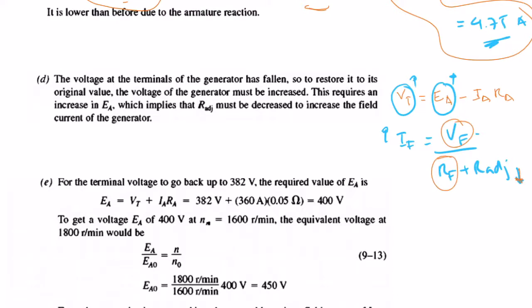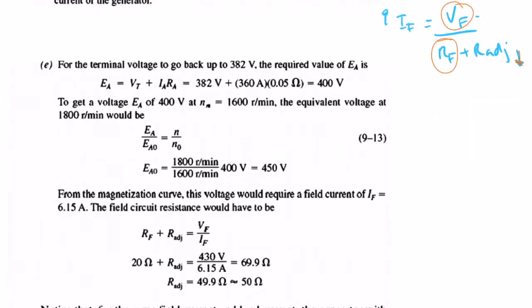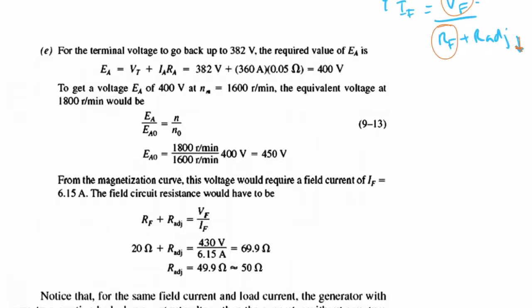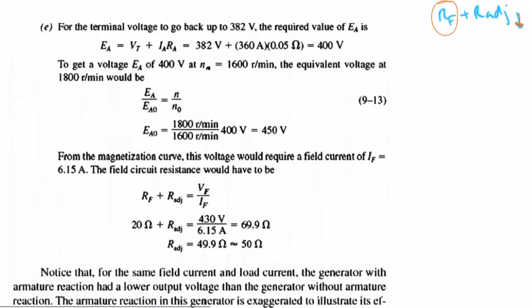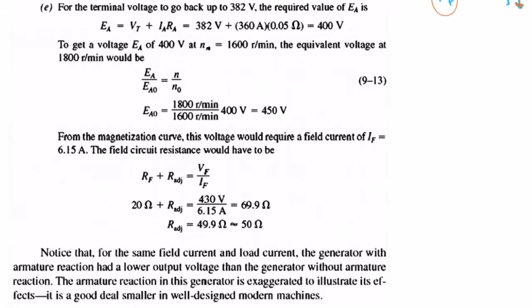Okay, so that's part D, and then part E is the calculation. What is the new value of adjustable R that we need to use so that the output voltage becomes the same as it was before? I think you can follow the steps by yourself. There's nothing tricky in here, and most of the steps have been